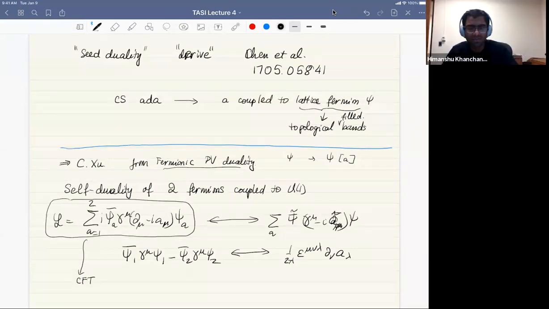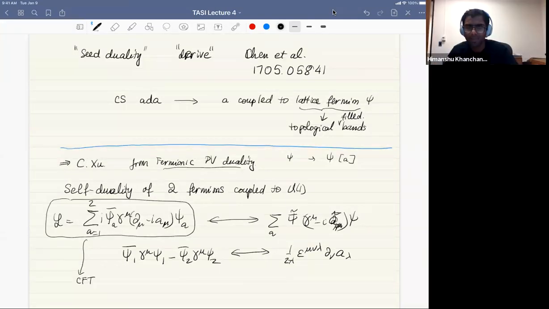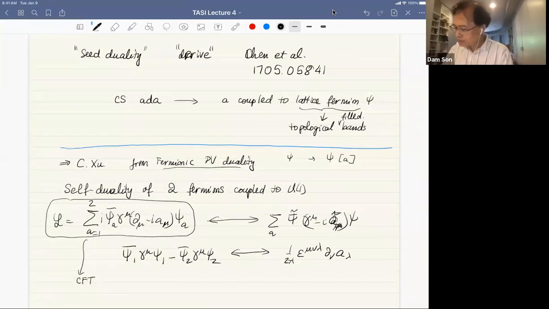Sorry, is the duality then the same as saying that these two operators are the same operator? Because you're mapping the theory to itself, and then you say that these two operators are distinct, but they must have the same critical exponent. Okay, but then why are they different? What is different about these two operators, just from a CFT point of view? Each CFT has two operators.